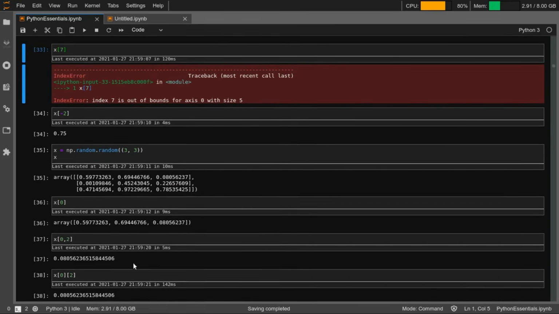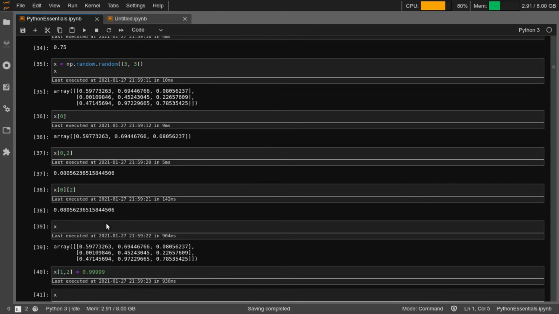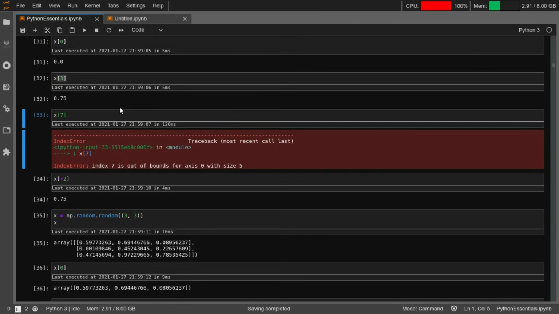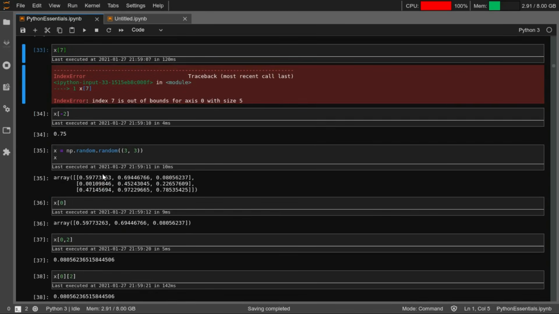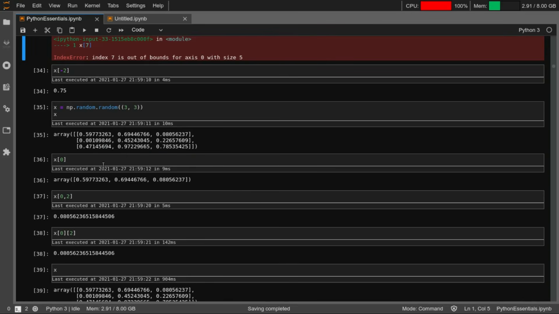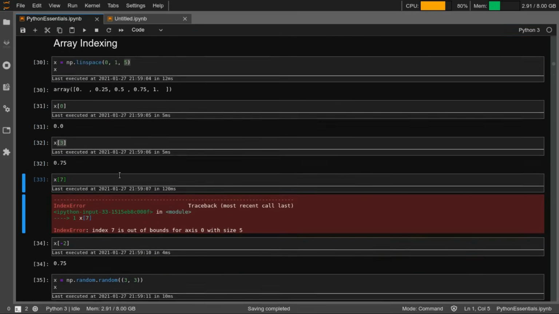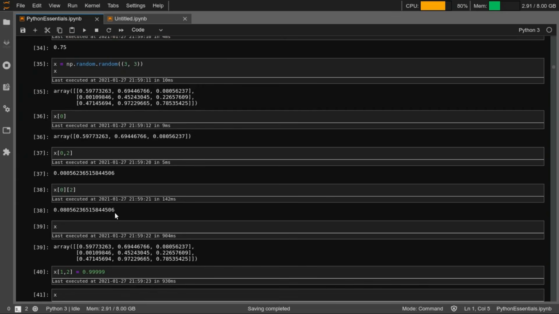Next, let's look at indexing when you are working with multi-dimensional arrays. What we have seen above was only a vector, a one-dimensional array. But when you're working with 2-dimensional arrays or higher, 3-dimensional arrays, the indexing would be similar in spirit, but a bit different, because you have other dimensions also to take care of.